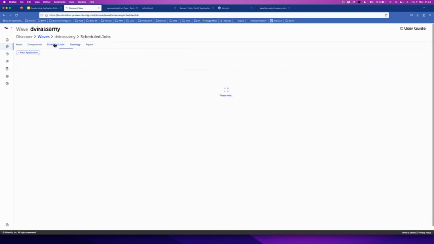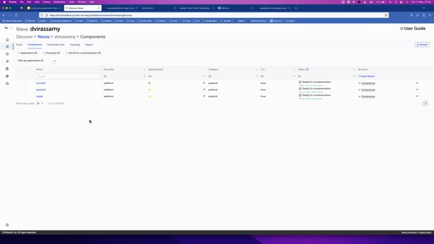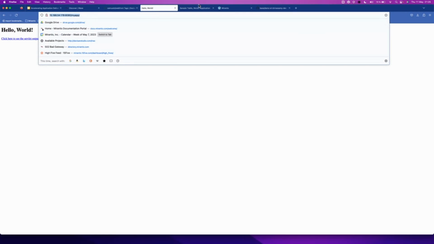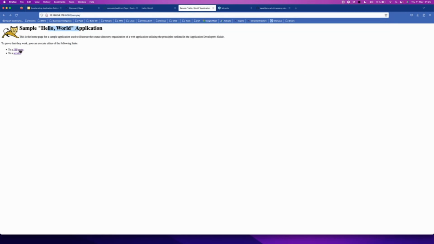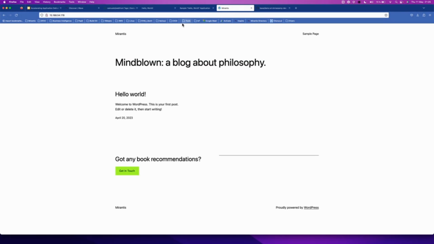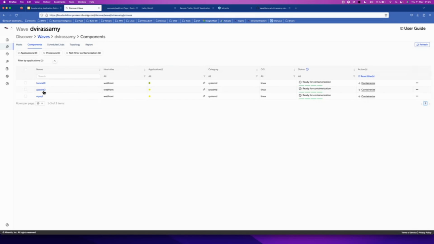And here, in terms of components that have been discovered, you can see that there are 3 applications that have been discovered. I have Tomcat applications, and I have an Apache 2 application and MySQL. And actually, why have these 3 applications been discovered? I have these Tomcat applications running here, my app and sample hello world, right, JSP page. So these are the sample Tomcat applications running on that machine. But I also have a WordPress CMS. So that's why it's also discovering Apache and